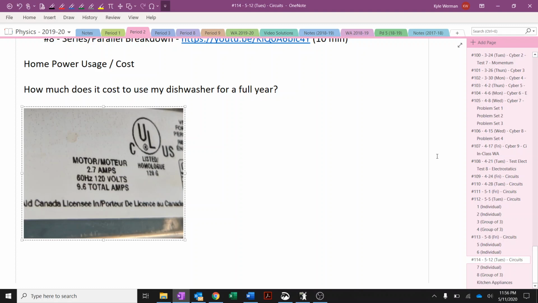So one thing that I want you to do, and we'll do a little activity as a group as well, is to be aware that any item that gets plugged into your outlets in your home or connected to your power supply in your home has, by law, to have this UL logo and rating for what kind of electrical energy it uses. So every single appliance, you should be able to find some logo that looks something like this. I've got some other ones here